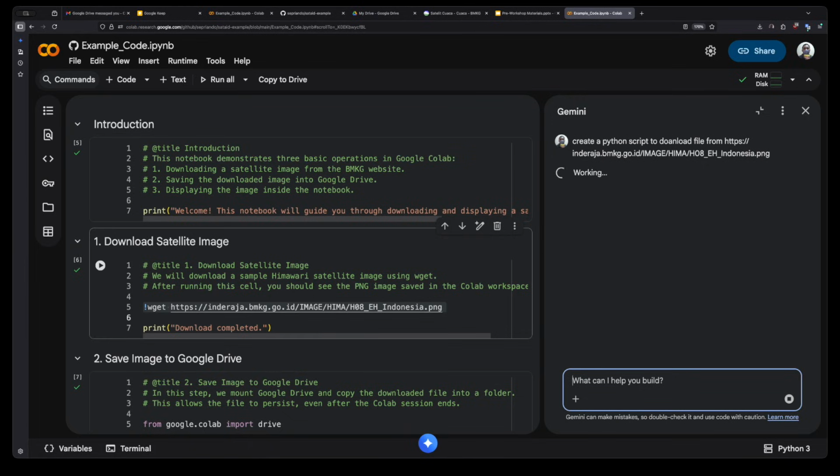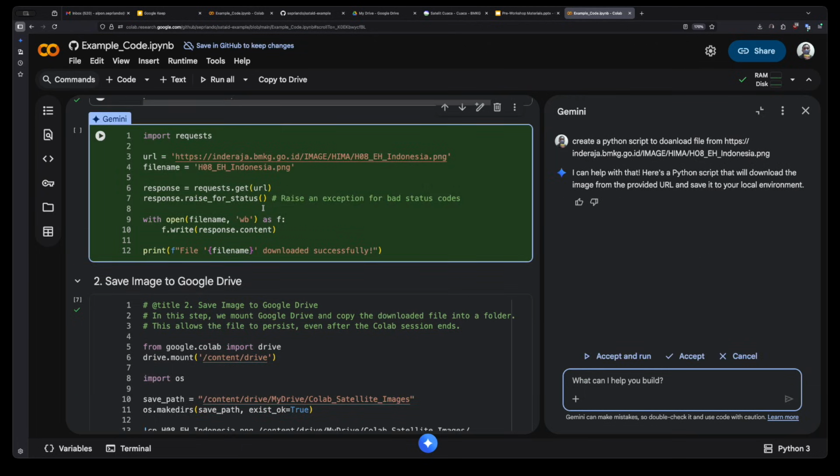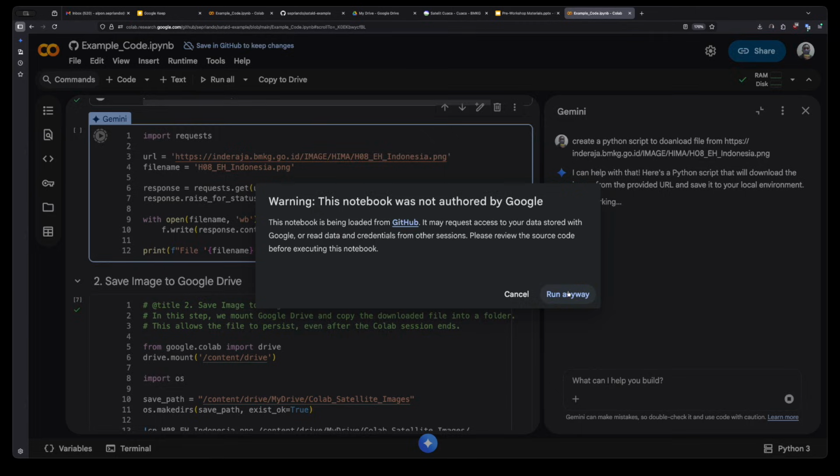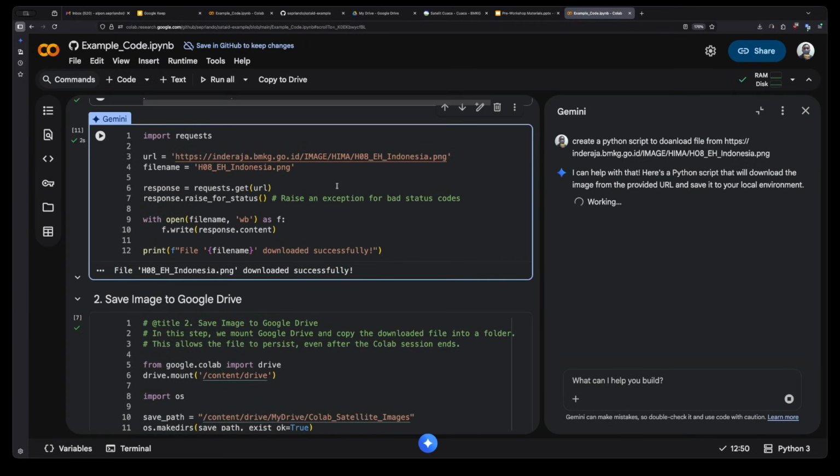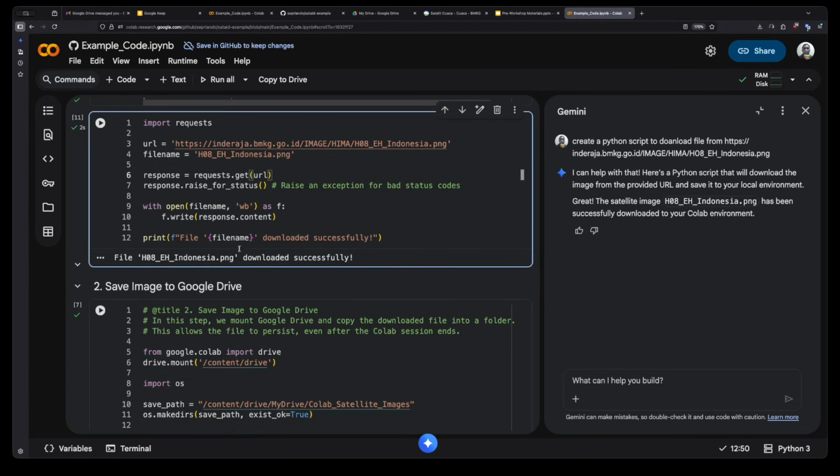It will generate a script, yeah, like this, and you have multiple choices like accept and run, accept and cancel. In this case, I select accept and run, so I can run the script generated by AI. And